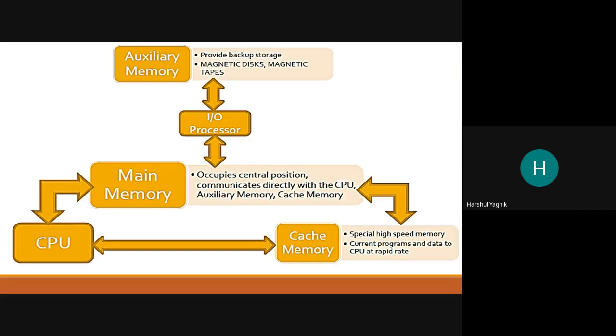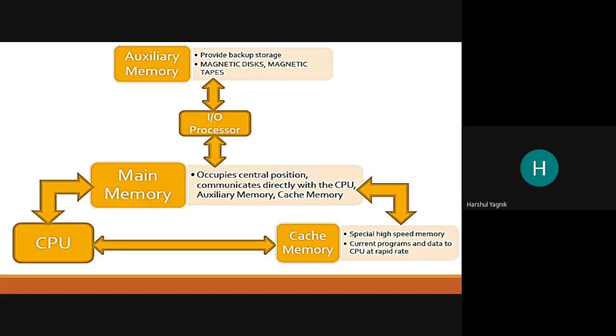Because it is with the processor only, the communication between the cache memory and the CPU is the fastest, because the wires are shortest, more port connections can be made, the number of wires that can be connected between memory and processor can also be more, and there is very little chance of interference. So there is very high speed communication between the cache memory and the CPU.